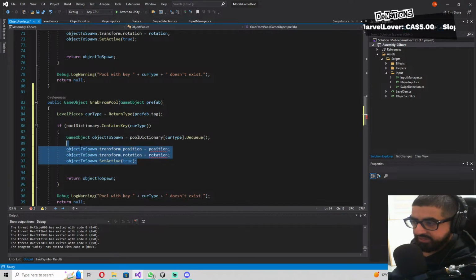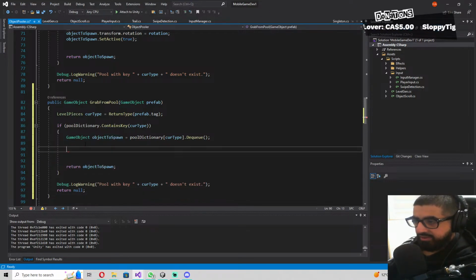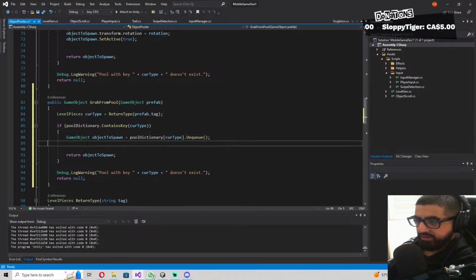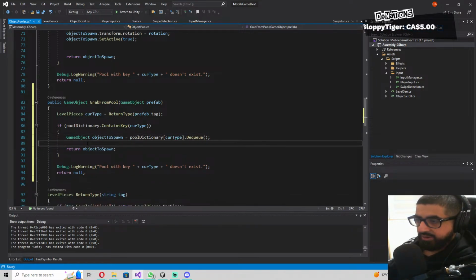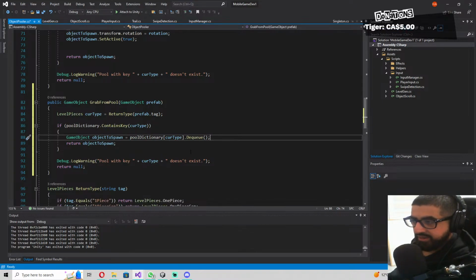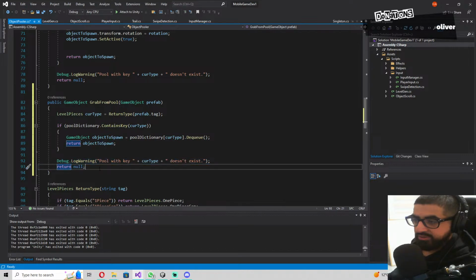So we're not even going to set it to true or anything. All that's happening is we just return an object to spawn, right? And then you get to decide what you want to do with it, whether you want to enqueue it back or whatever, but we just return the object to spawn, and you have to